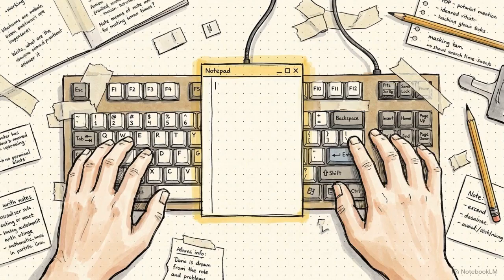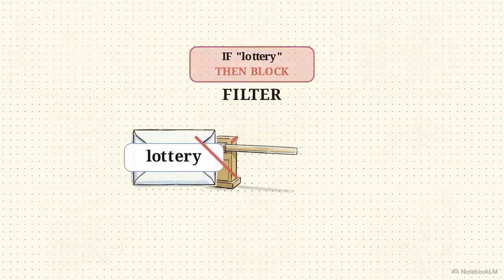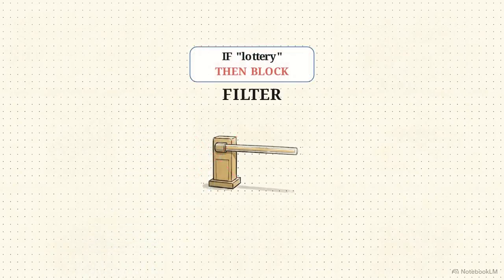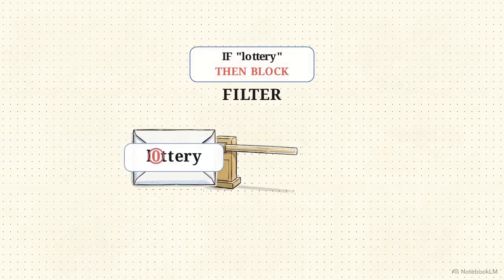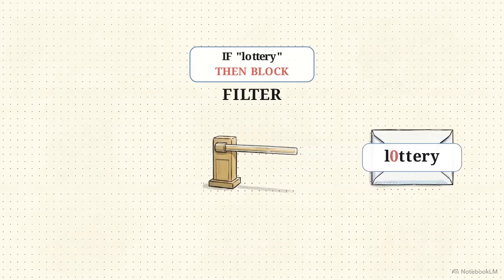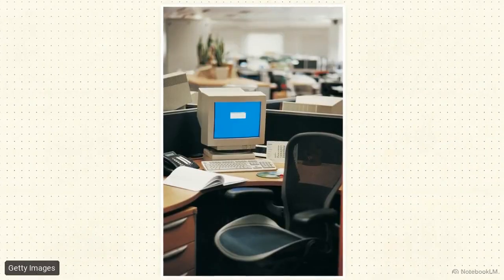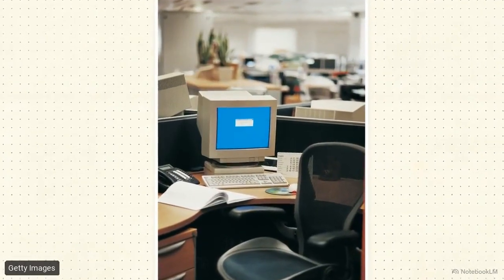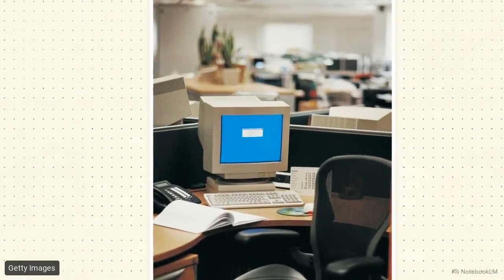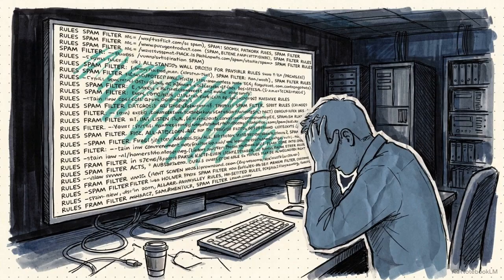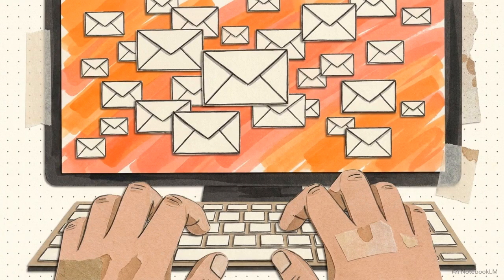To see where these rules break down, try to write a hard instruction to block a spam email. You might tell the computer to catch and block any message containing the word lottery, but a spammer can bypass that rule instantly by just swapping the letter O for a 0. You write a new rule for the 0, then they use a different word, then a different sender. Soon, you're trying to manage millions of rules that need to be updated every day, and the tricks are still evolving faster than you can write them down.